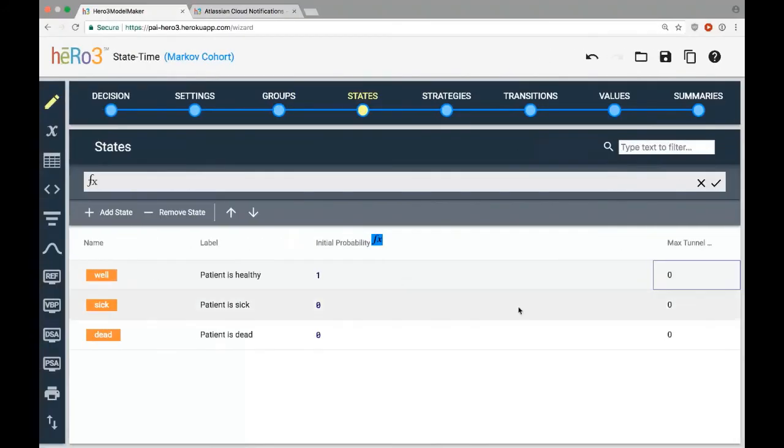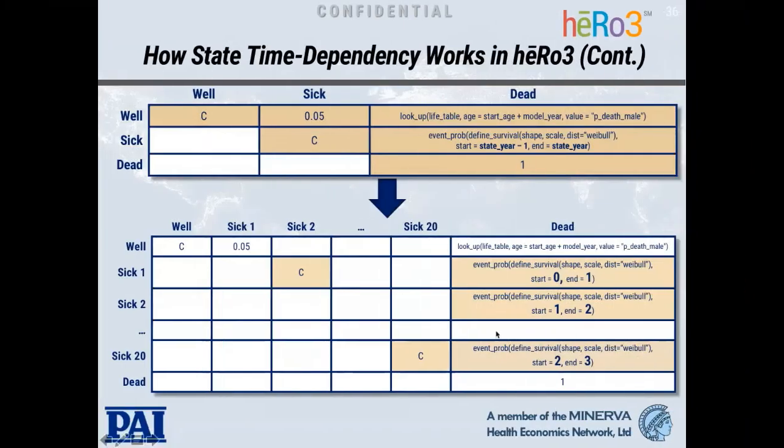In which case, under the 6th state, you would set the max number of tunnels to 10. And then it would cap it at 10. And so in the 10th state, if you're in state 610 and you are going back into the 6th state, instead of moving on to 611 with a different set of transition probabilities, you will stay in 610.